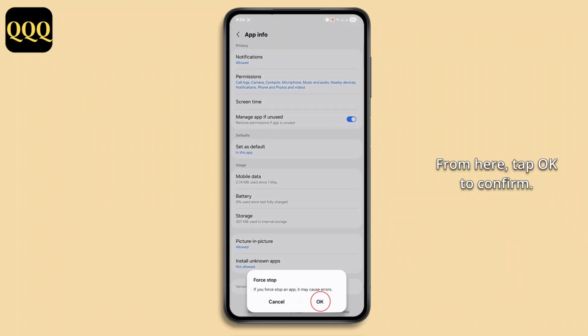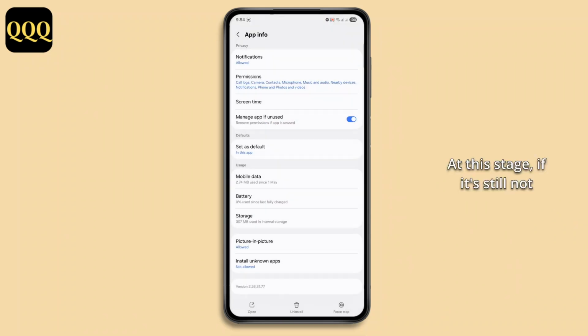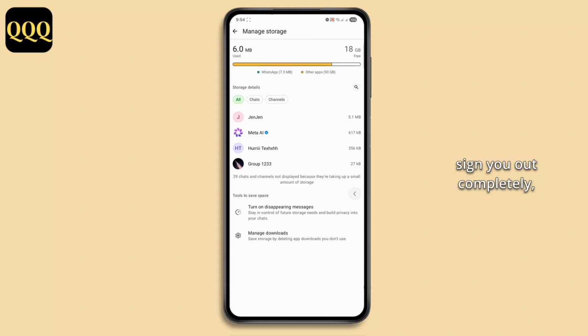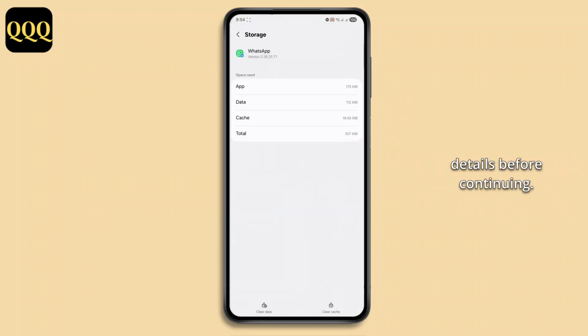From here, tap OK to confirm. At this stage, if it's still not working, go back into Storage and tap Clear Data instead. Keep in mind, clearing data will sign you out completely, so make sure you know your login details before continuing